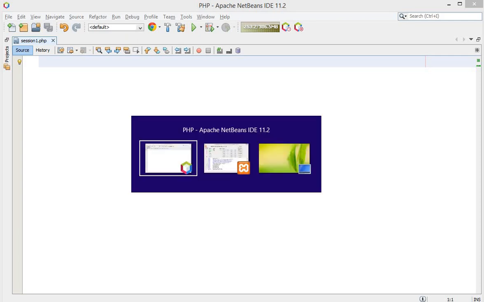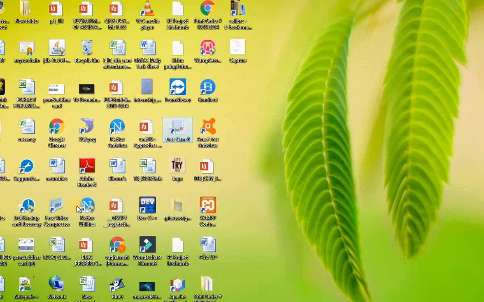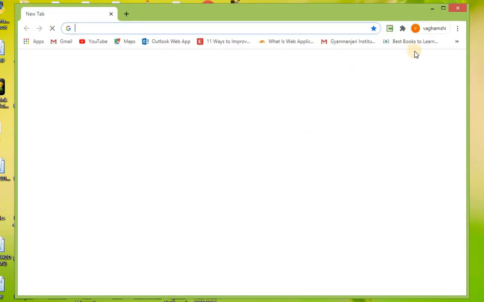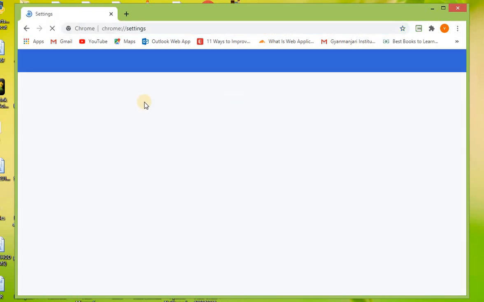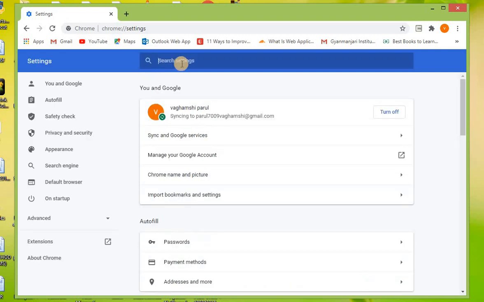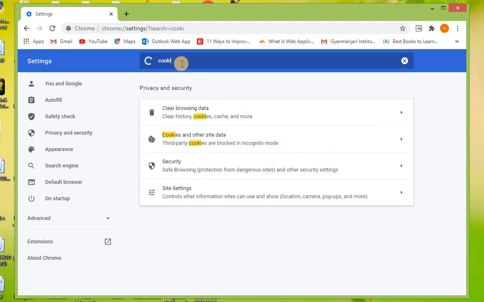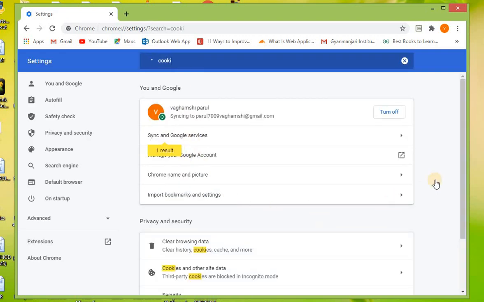Now before that, you just need to see this. You probably have settings, and I'm just searching for cookie over here. Now over here you can see this.